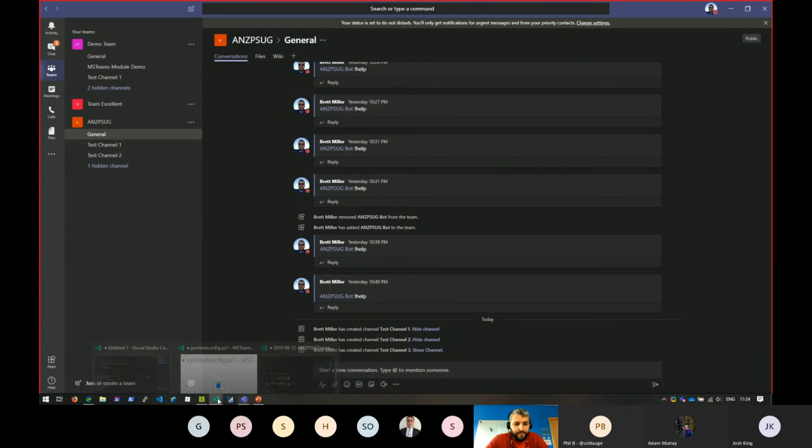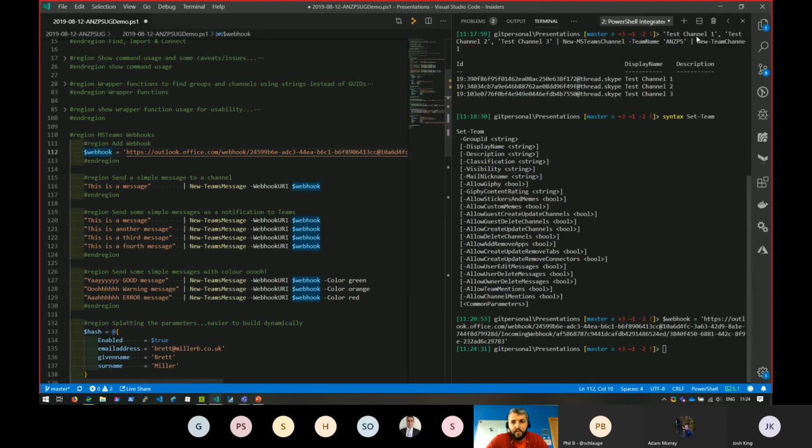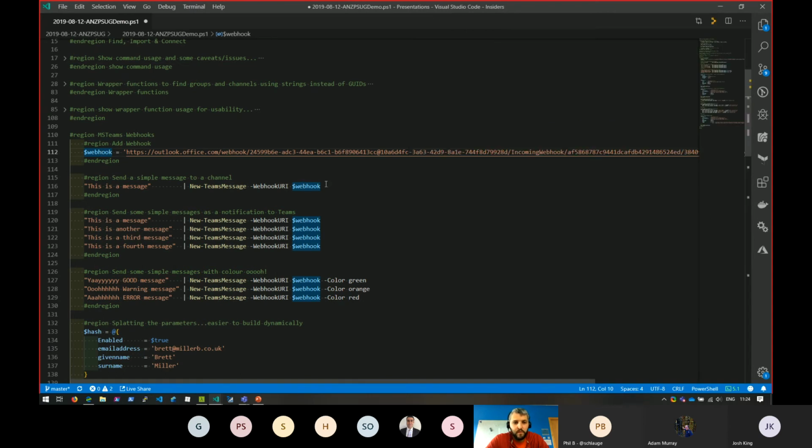Yes, I'm in the right channel. So I actually wrote a module called MS Teams, which I'm yet to publish to the PowerShell gallery, but it's just a PowerShell module which allows you to send webhook messages to Teams.